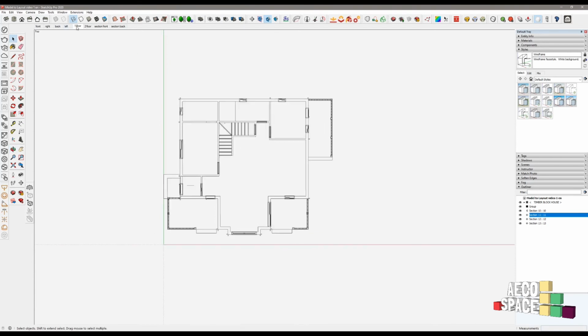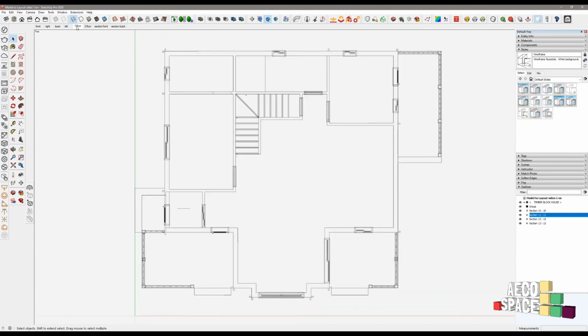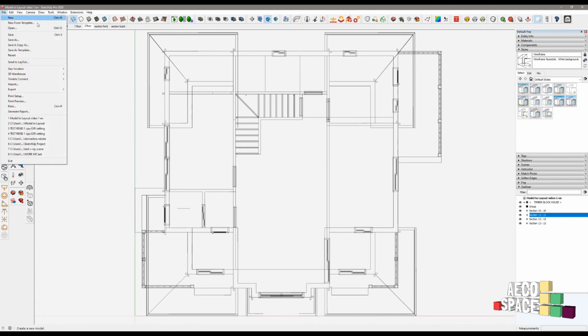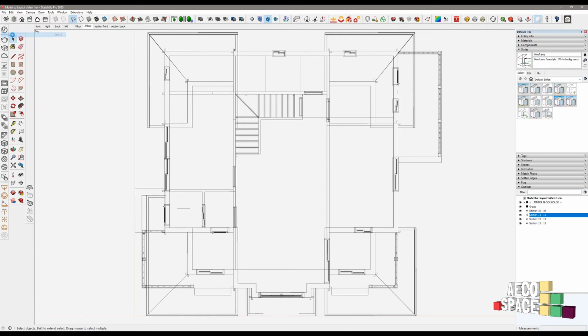What I have now is the same position on the first floor and the second floor. I have to just press the Save button on my SketchUp model,